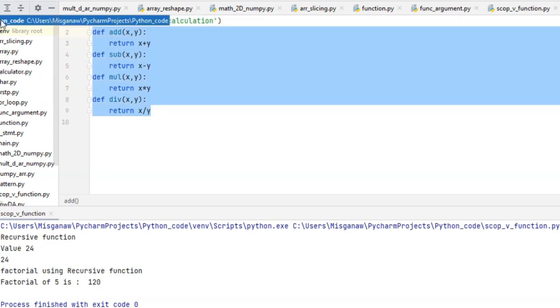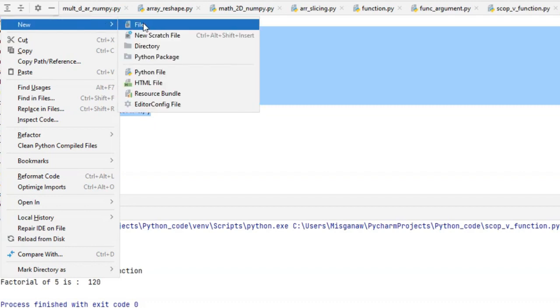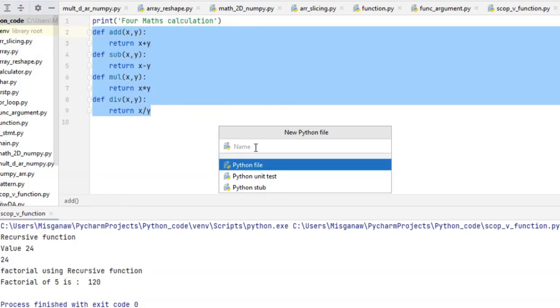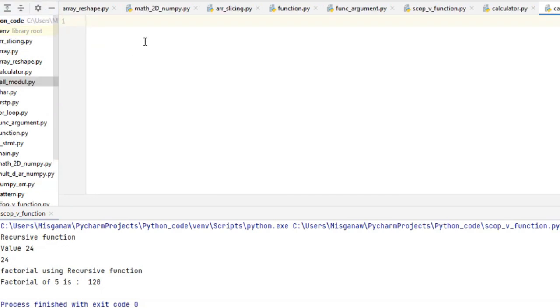By what mechanism? Let me create a Python file called call_module.py.